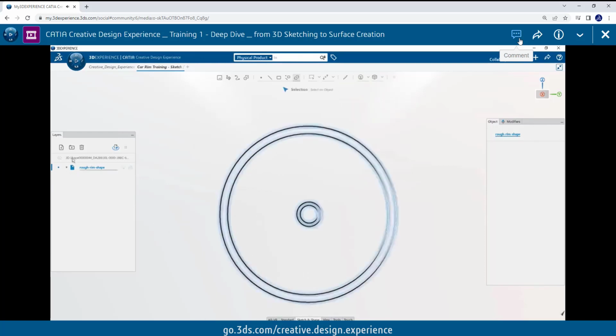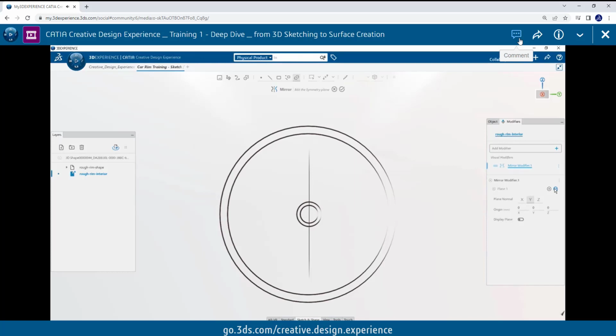I then create a new layer called Rough Rim Interior to create the rim sticks by free sketching. To only draw one part of the rim stick, I will first start by applying modifiers on top of my layers. Make sure to select the right layer, then go to the Modifier tab on the right panel. And in the Add Modifier drop-down list, select the Mirror modifier to apply it on the layer. Here I choose the Y-plane normal for the plane mirror and I validate to apply it.